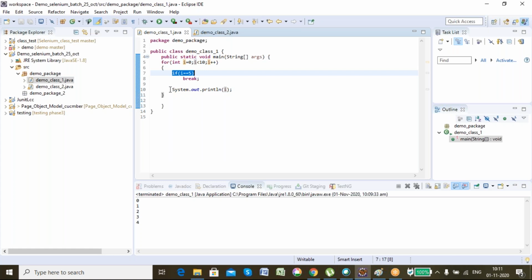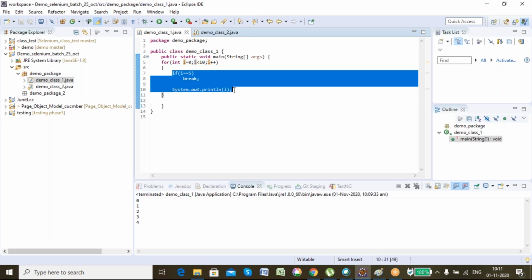So this is the case where I can break it. Now, this is the for loop, you understood, guys? Yes, sir. Okay, I can have a for loop inside a for loop. Let's say